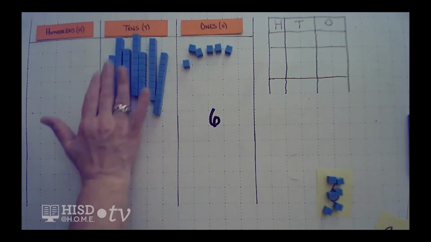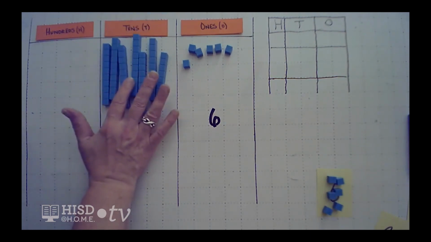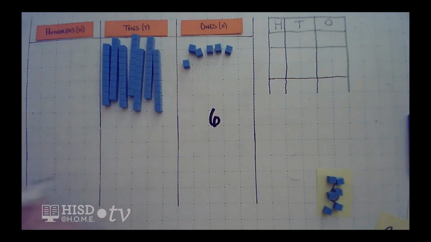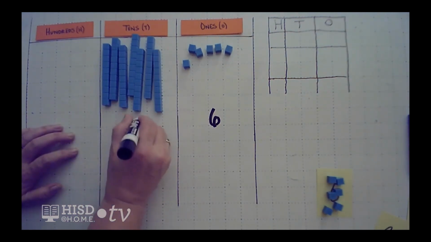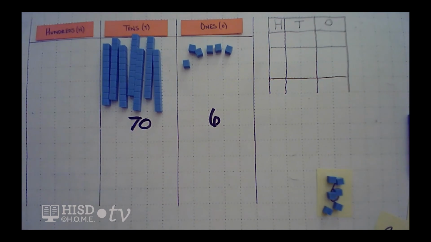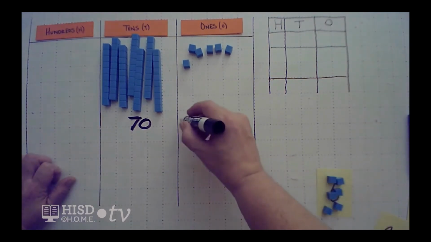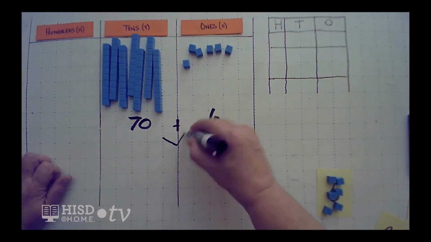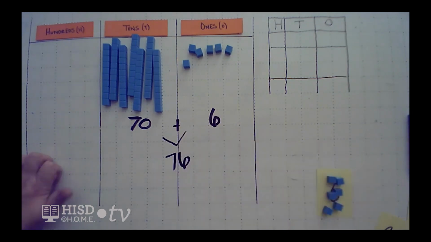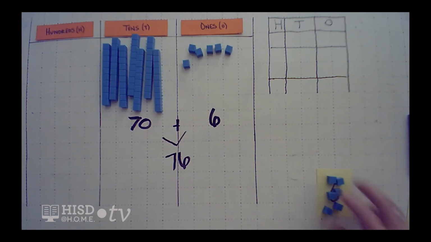So let's go ahead and count our value. We have 10, 20, 30, 40, 50, 60, 70. So I have 70 in my tens position, and 70 and 6 is the same as 76. So when I take 56 from 132, I actually have 76 remaining. That's my difference, 76. So the last way we're going to look at this today is in a different way,